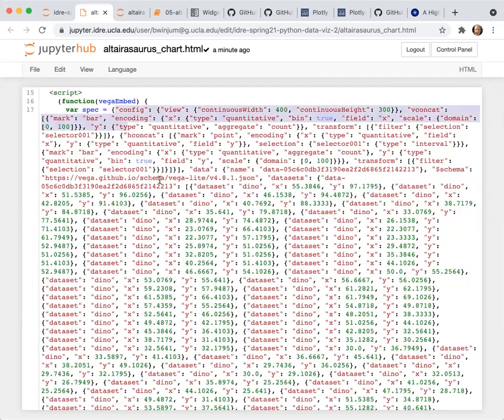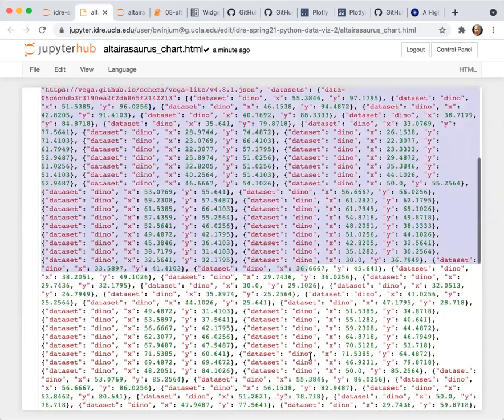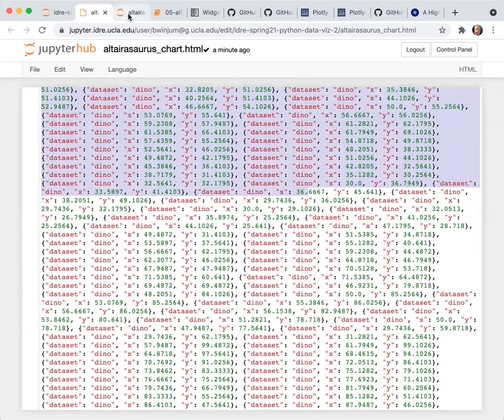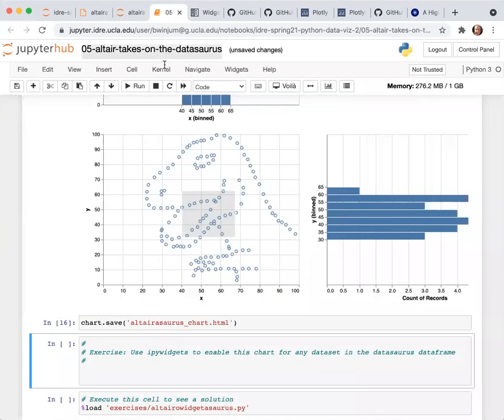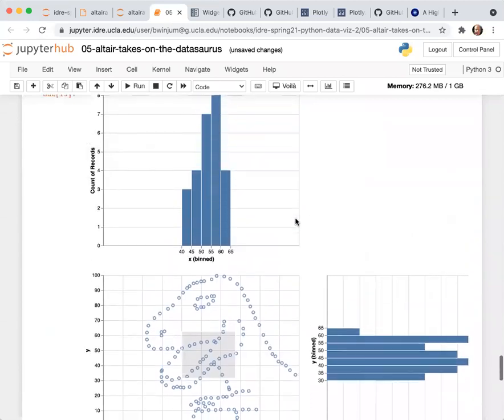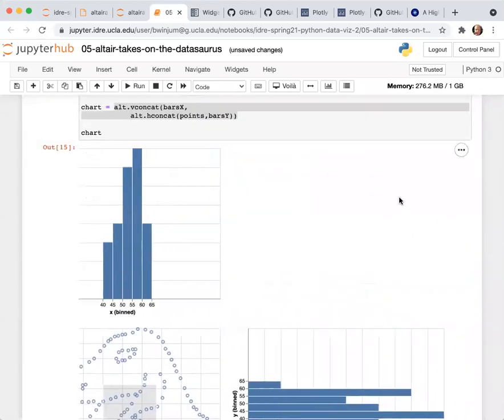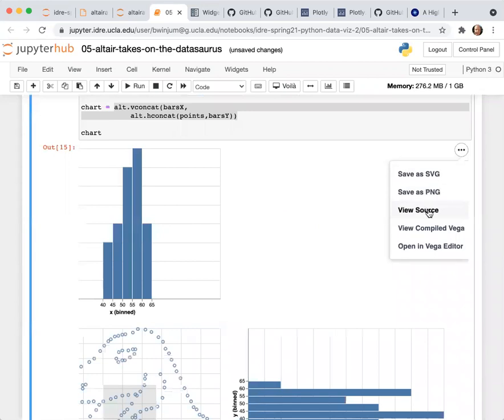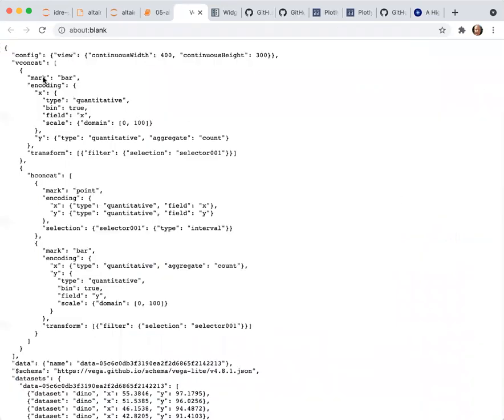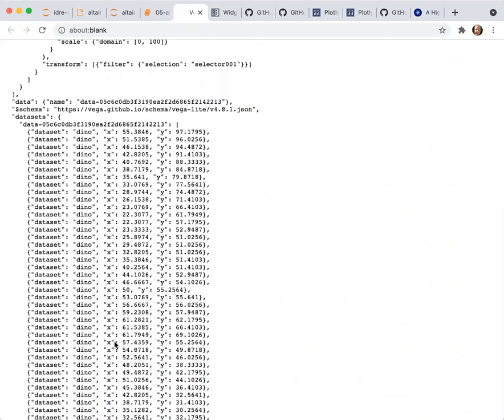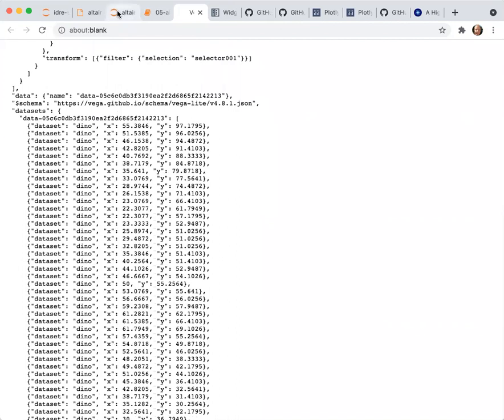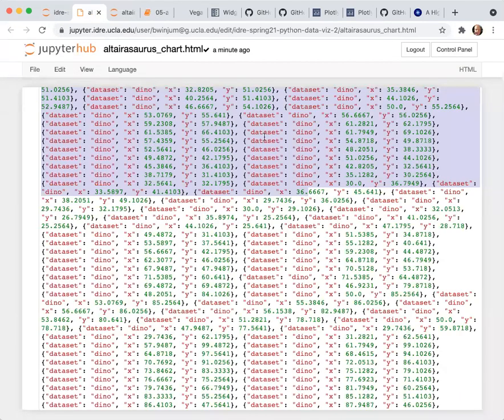This long thing here is the JSON file that I showed you before. If I come back to the plot, there are those three buttons here, which I can view as the source. This is that JSON file, which was generated for the graphic, which is here inside of the web page that got saved.